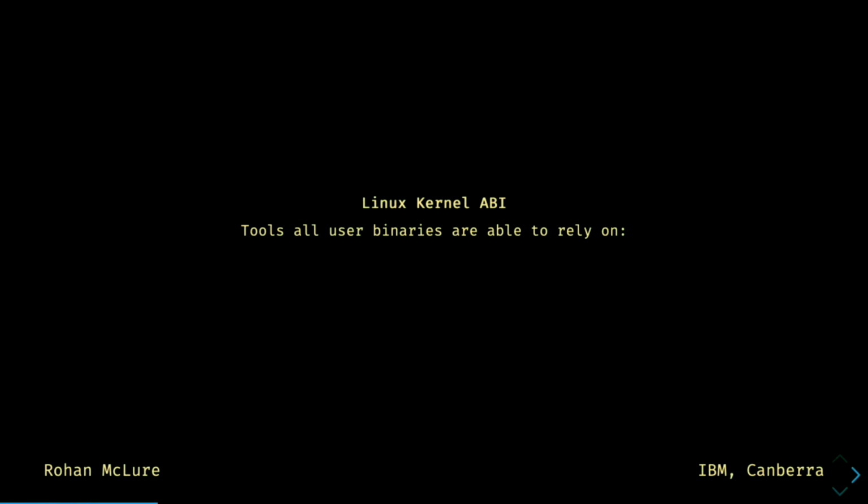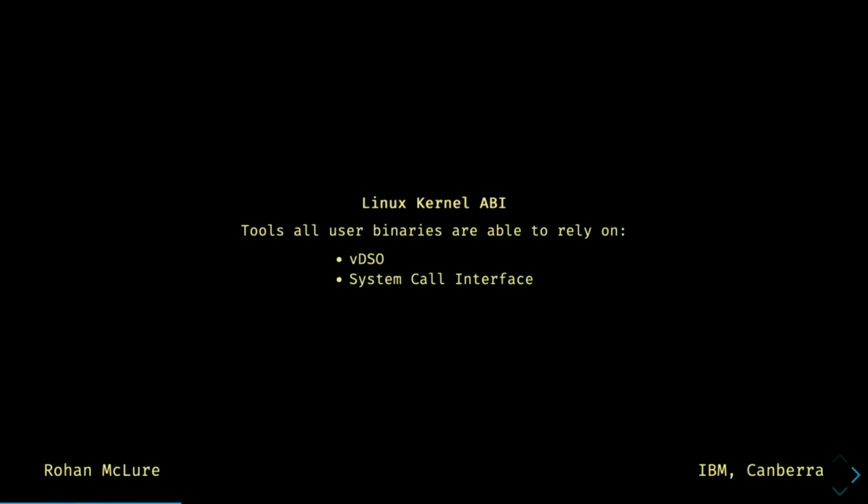So about the Linux kernel to user space ABI, this particular bit of the ABI is about the sort of tools which arbitrary binaries on a Linux system should be able to rely upon existing on their system. So they include things like the VDSO. That's the virtual dynamic shared object. It's a library which is always mapped into process memory whenever you load any sort of ELF file. As well as that, there's the syscall interface. I'm going to talk more about those in a moment.